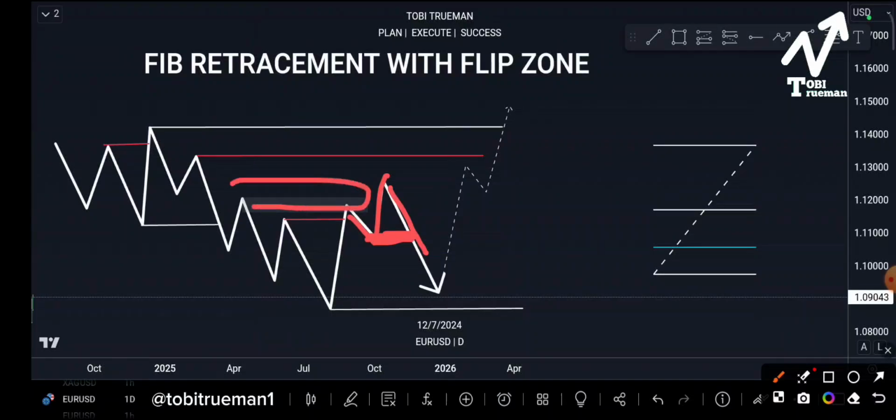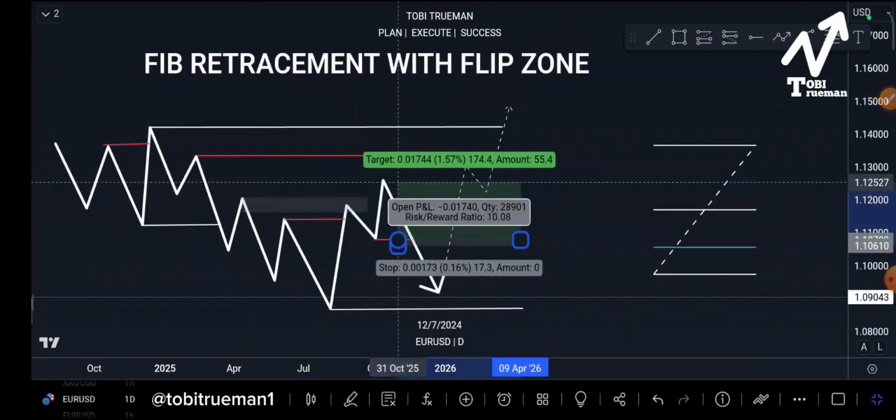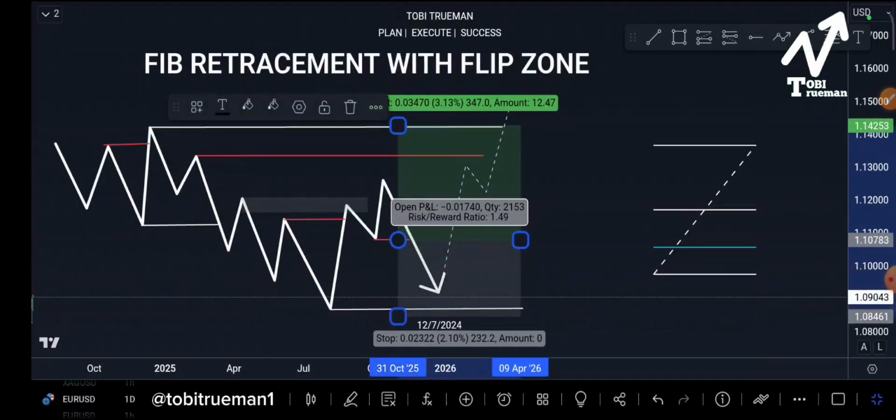So with this, there are times we can just put our buy order on this S2D point. At this point, we can just put it here to target that high point. Hope you are seeing it. But this trade will give us approximately 1.5 risk to reward. You risk $1 to get $1.49. But with this